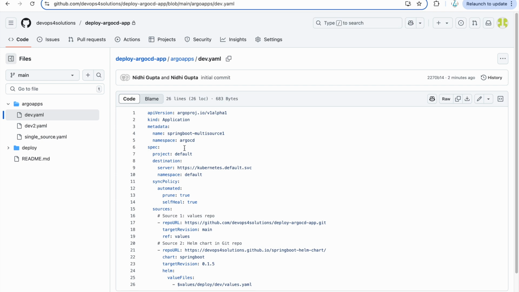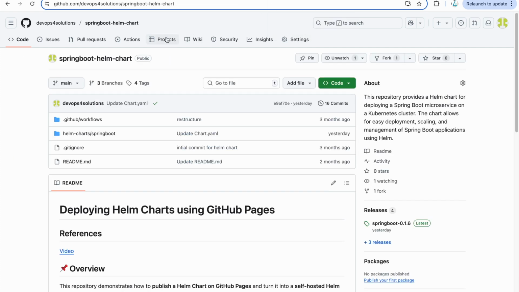Now I have my hello service code that I will show you, but it's a simple Java Spring Boot application that I need to deploy. And for that, I am using the Helm chart, which is published here. I have created this custom Helm chart.